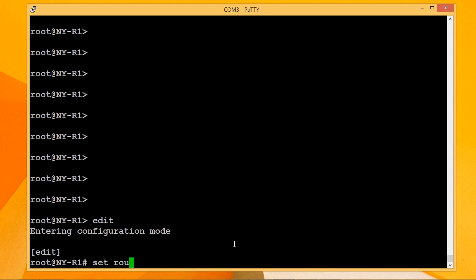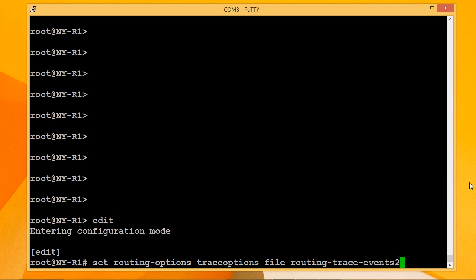So I use my set routing options command, and this is an important option for you to see. Many different commands in Junos have the parameter trace options, and it's how you can configure tracing with that specific feature of the device itself. So I want to enable trace options for routing. Now I specify where I want to write the information. So I specify the file parameter, and then I specify the name of the file. So I'm going to call this routing trace